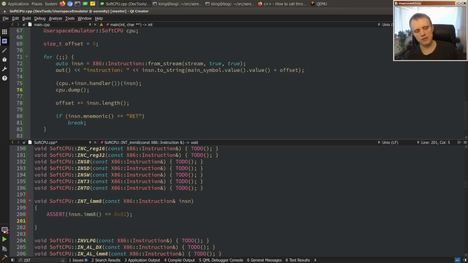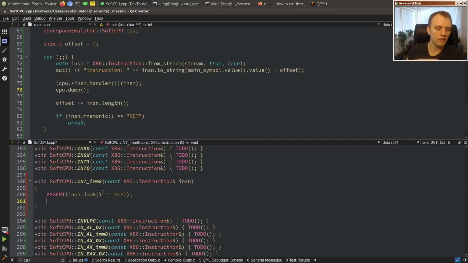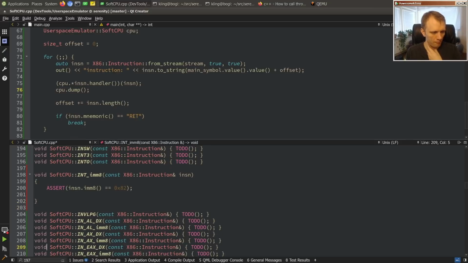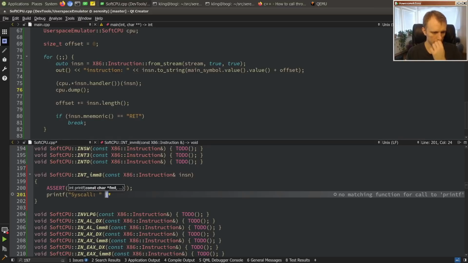And one thing that's really nice about user space emulation is that you can ignore everything about operating system concepts in the CPU, or not everything, but a lot of it, right? And you can focus only on the stuff that's relevant when you're running in Ring 3, the user space privilege level, which makes this a lot simpler than it would be if we had to support the full range of CPU capabilities. So let's see. What do we do? I guess syscall, and